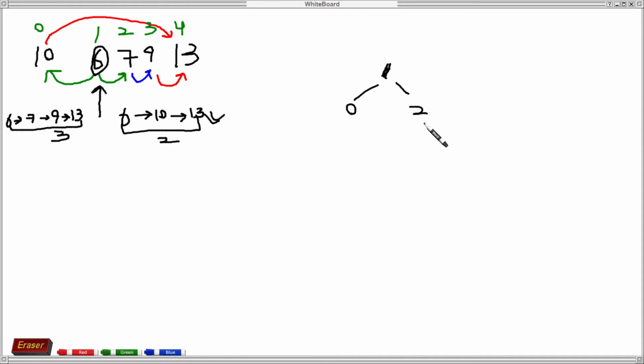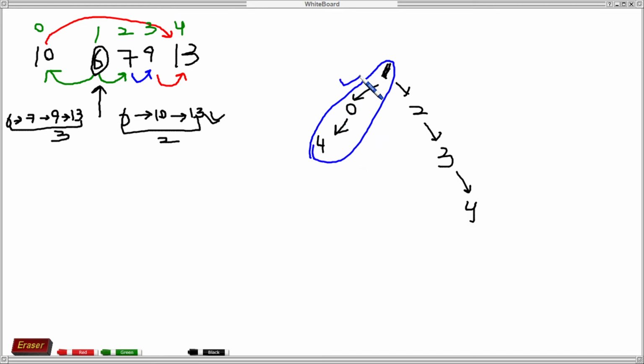From index 2 we can go only to index 3, and from index 3 only to index 4, and from index 0 we can directly go to index 4. So this is the shortest path from index x, which is 1, to the last index.